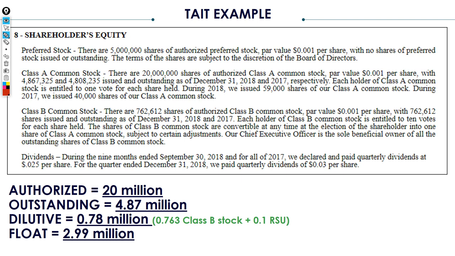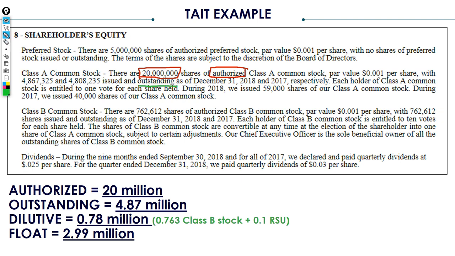First things first, we're looking for the authorized shares. So you can see Class A common stock. There are 20 million shares of authorized Class A common stock, okay? Now, this is an annual report, so they're going to show you this year's number and last year's number. So what we're looking at here, 20 million shares authorized, okay? And you can see the second thing that's listed here